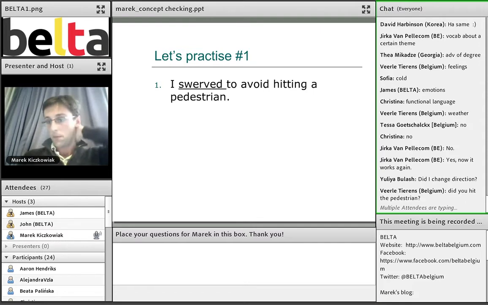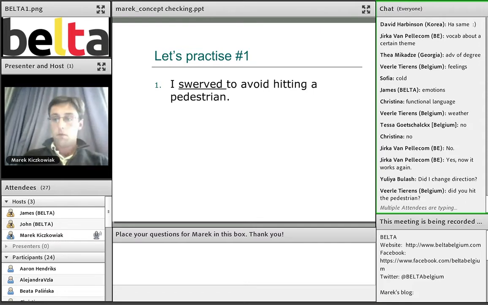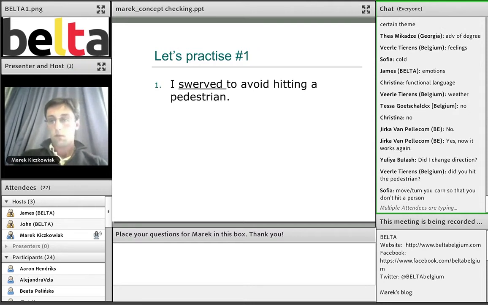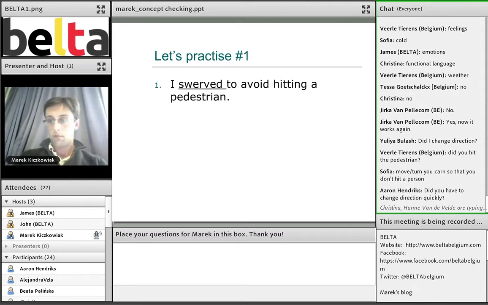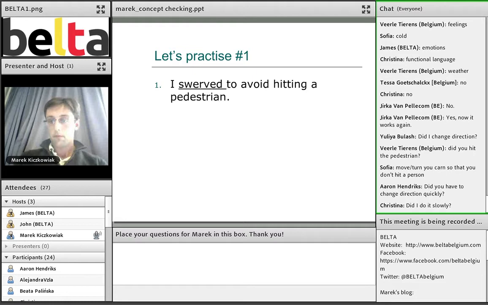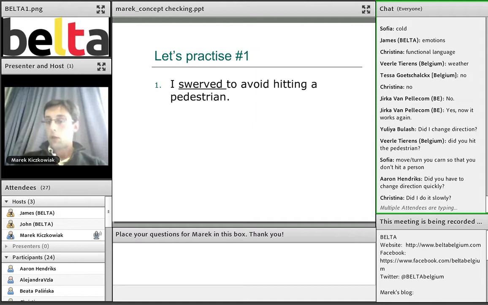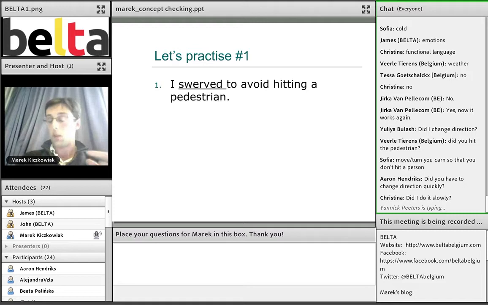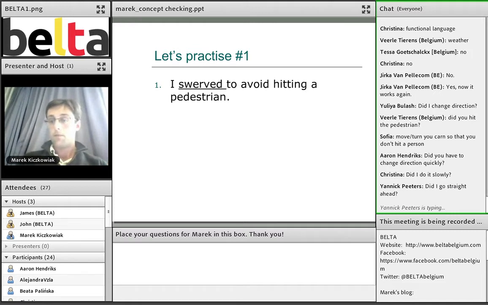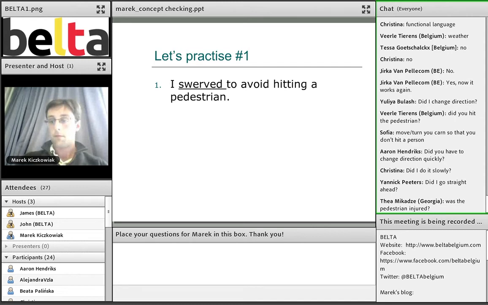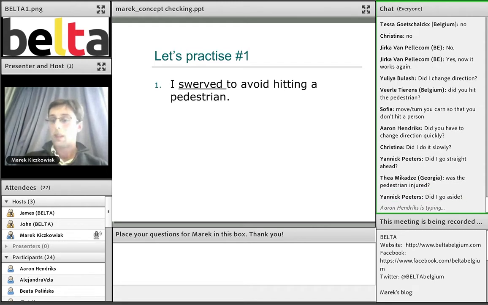Did I change direction? I think, for example, Aaron wrote, "Did you have to change direction quickly?" I think we could break that question into two simpler ones. It's perhaps too long. "Was the pedestrian injured?" Perhaps we're going too far there. Remember, we're only checking "swerve." Okay,